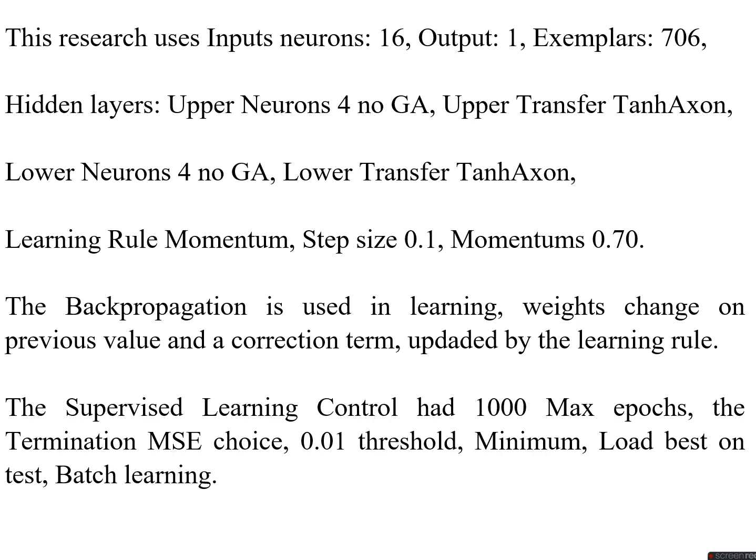The transfer function is the tanh axon. On the lower level, we have 4 neurons, and the lower transfer function is tanh axon as well. The learning rule is the momentum, step size 0.1, momentum 0.7. The backpropagation is used in learning, weights change on previous value and the correction term, and they are updated by